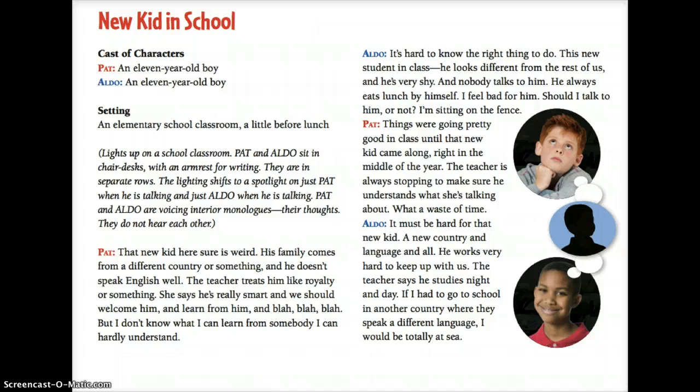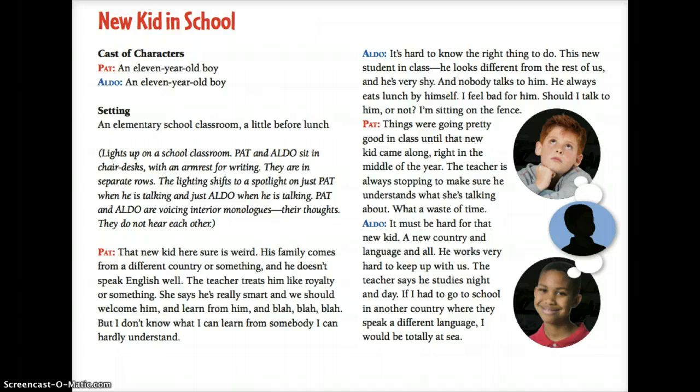They do not hear each other. Pat: That new kid here sure is weird. His family comes from a different country or something, and he doesn't speak English well. The teacher treats him like royalty or something. She says he's really smart and we should welcome him and learn from him and blah, blah, blah. But I don't understand what I can learn from someone I can hardly